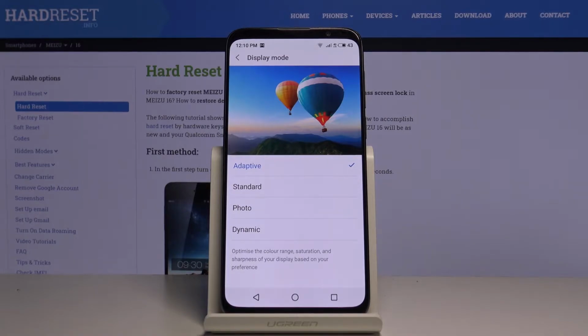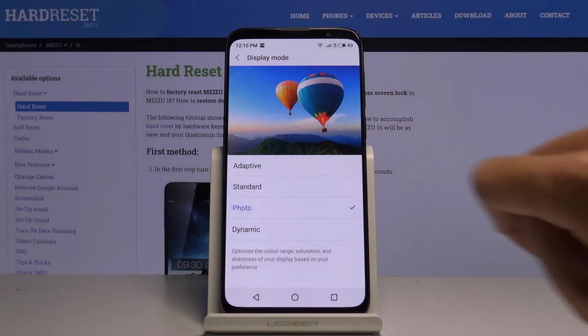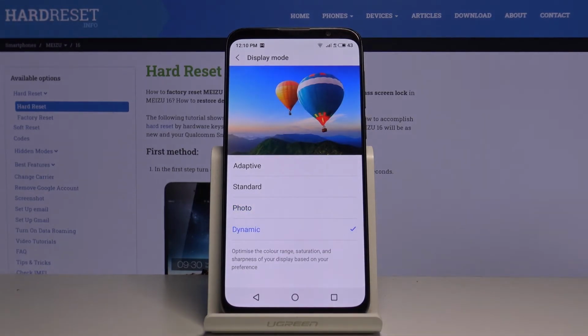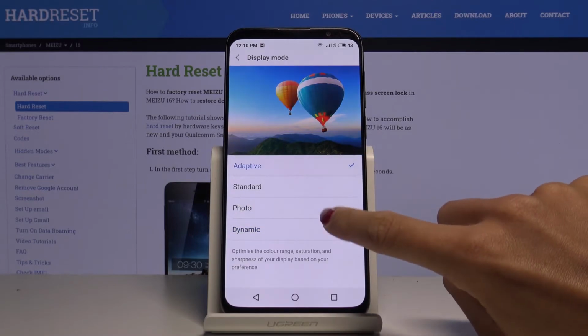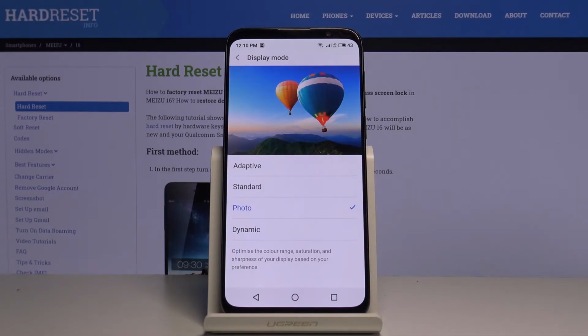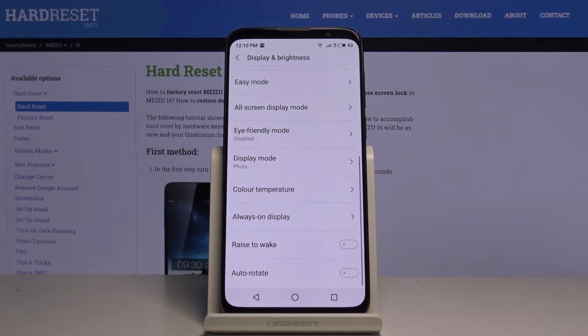So this is the adaptive option. You can pick standard, photo, as you can see it's more vivid, or dynamic. Just pick the color mode that you like the most. Maybe I will stay with photo, and that's it, you can smoothly use it. And that would be all. This is it, this is how you can